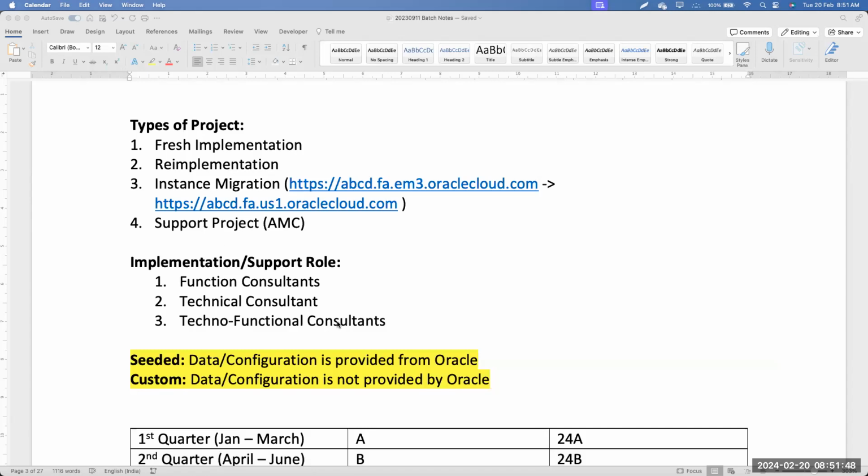When there is a quarterly patch update happening, the instance would be down. That means that during the quarterly patch updates, the application will not be accessible to the users, irrespective of whether it's a staging instance or a live instance. It will be down for the Oracle standard time frame. They say it is 24 to 48 hours, but in a realistic time frame, it would be down for 12 to 14 hours.